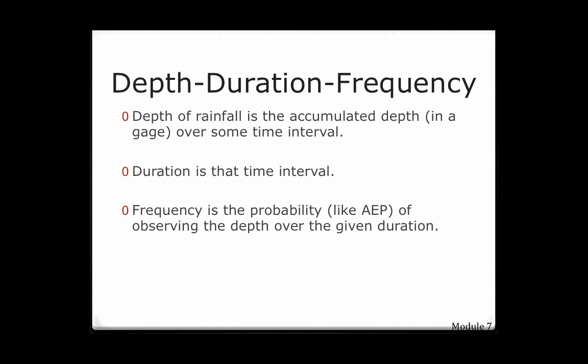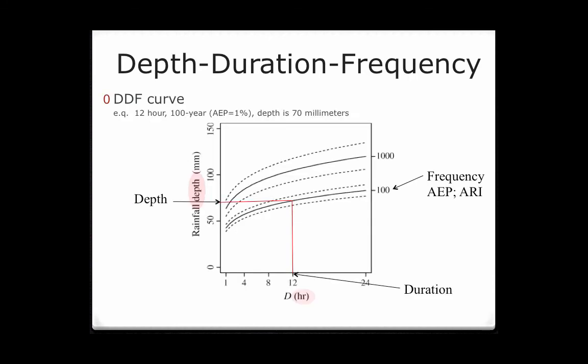capture time is. And then frequency is the probability of observing that depth over a given duration. So the frequency question is, what's the likelihood or the probability that we will catch 4 inches in 2 hours in our trash can? And that would depend on what the rainfall behavior is for that location. And this information is presented back to us in